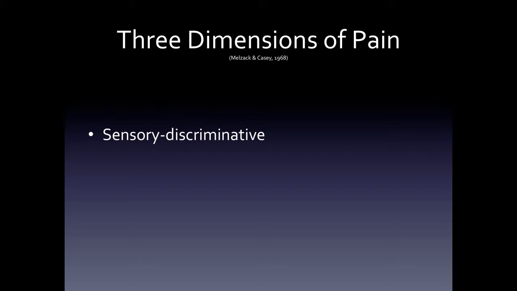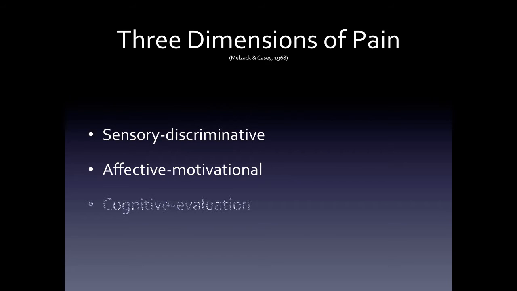All right, so the 3 dimensions of pain says there's a sensory discriminative branch, there is an affective motivational part to it, and there is a cognitive evaluative branch. Now, sensory discriminative is really the signal. That's the nociceptive signal being generated. Affective motivational is that contextual information for it. And then the cognitive evaluation is taking those two together. It's really the higher levels in the brain,